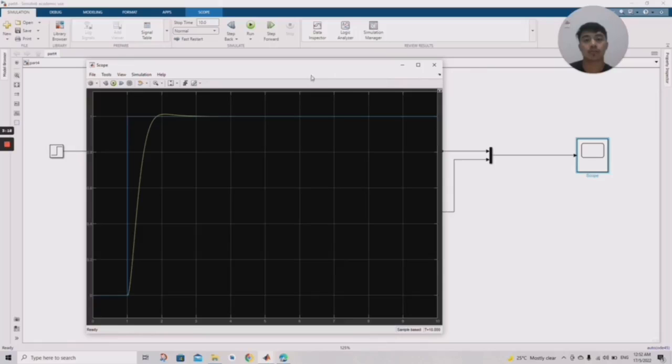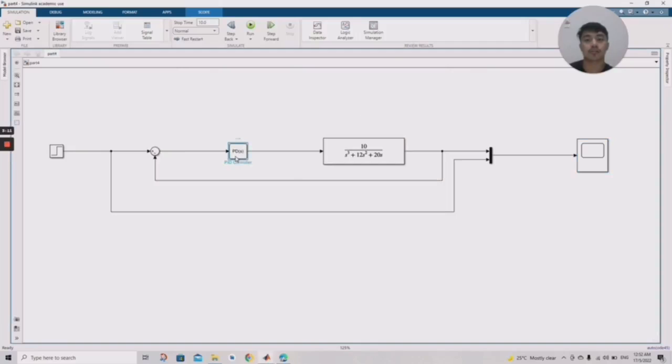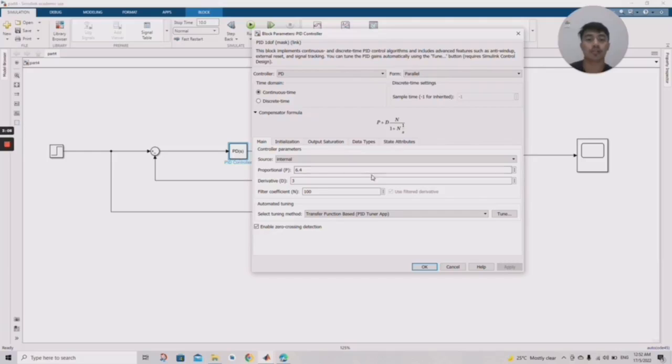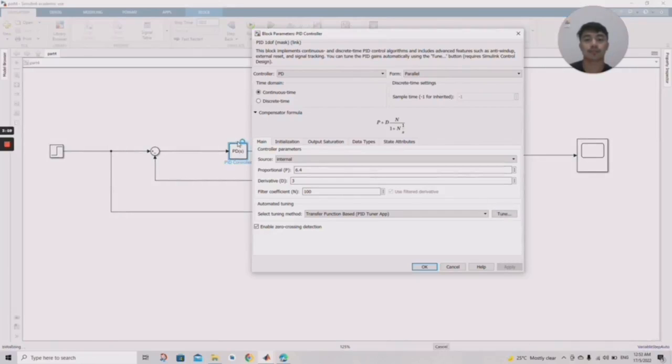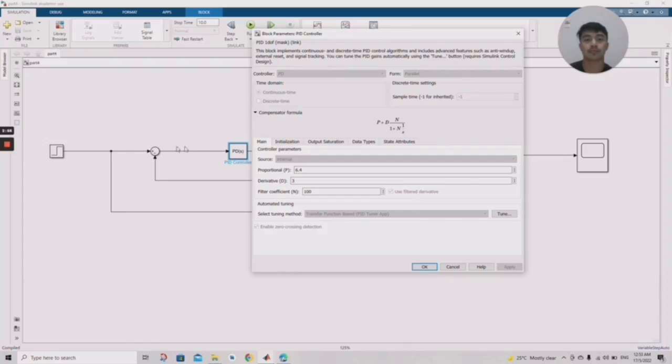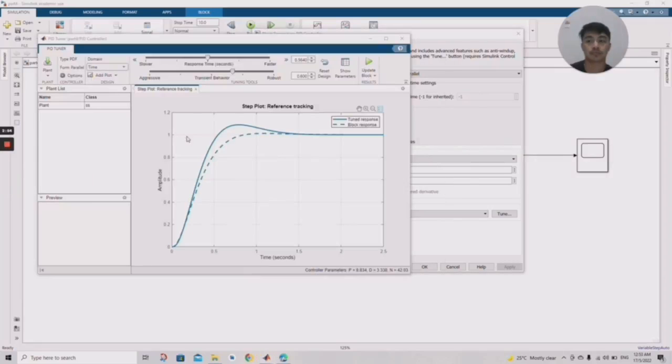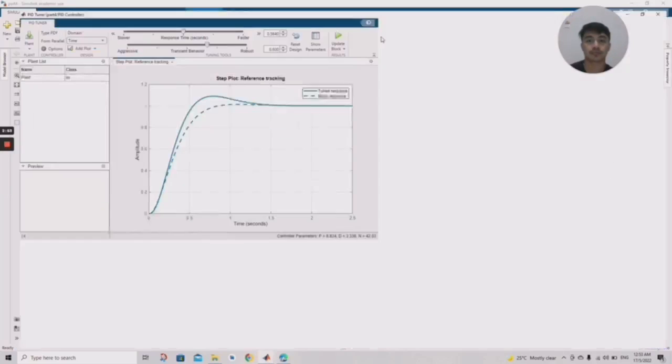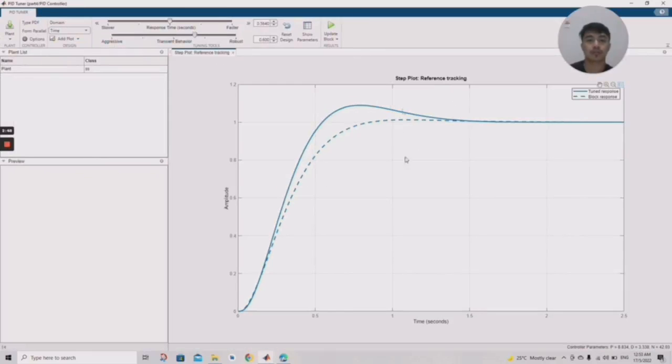So in this part we use the tune to know the signal and we know the settling time. So this is our PID tune for PD controller. So we can see here